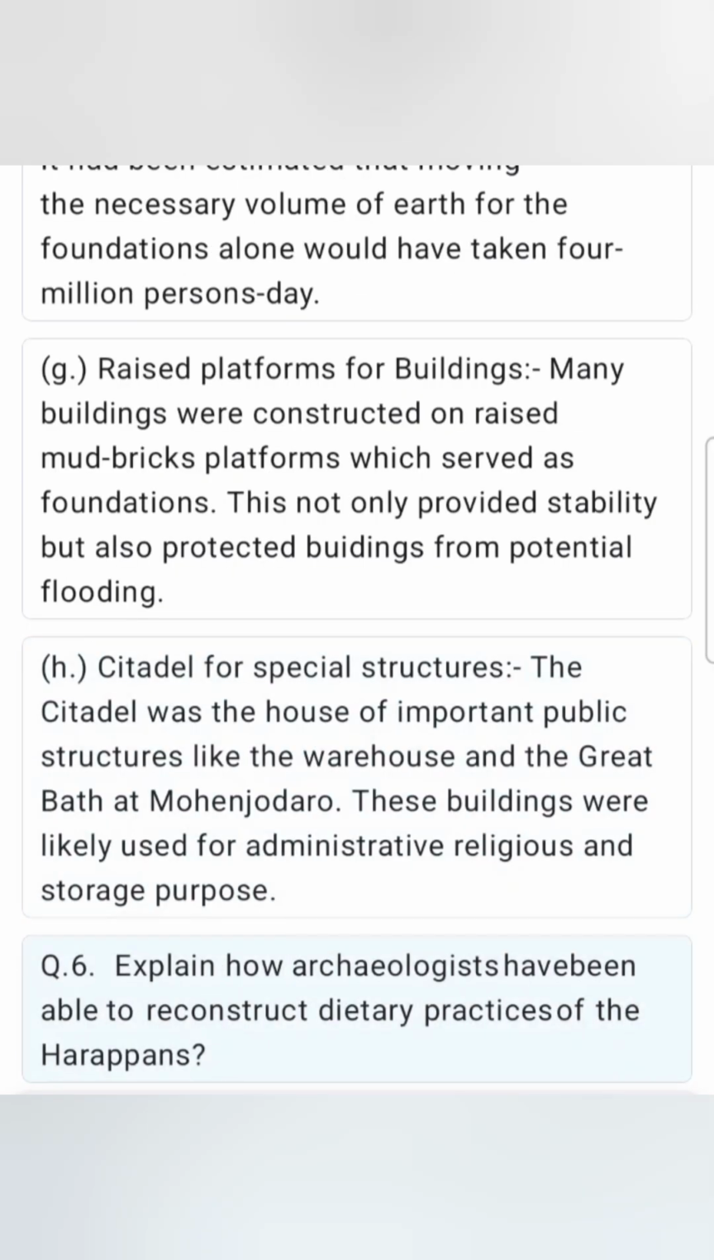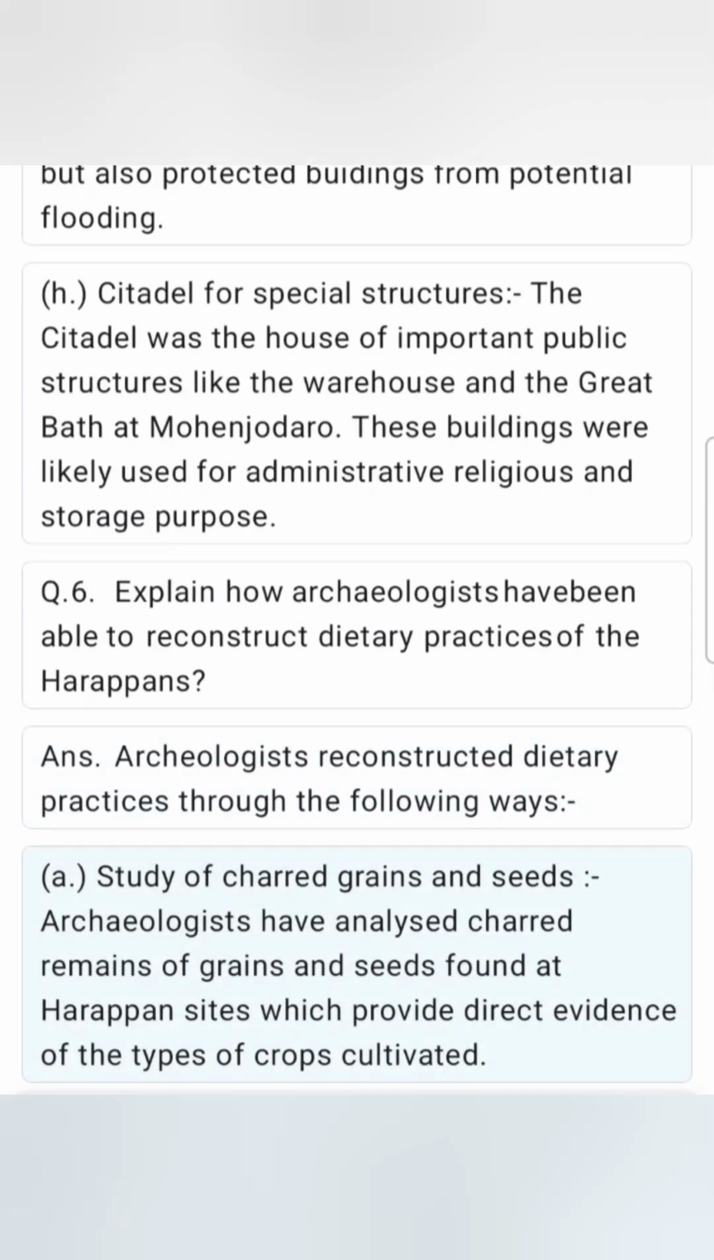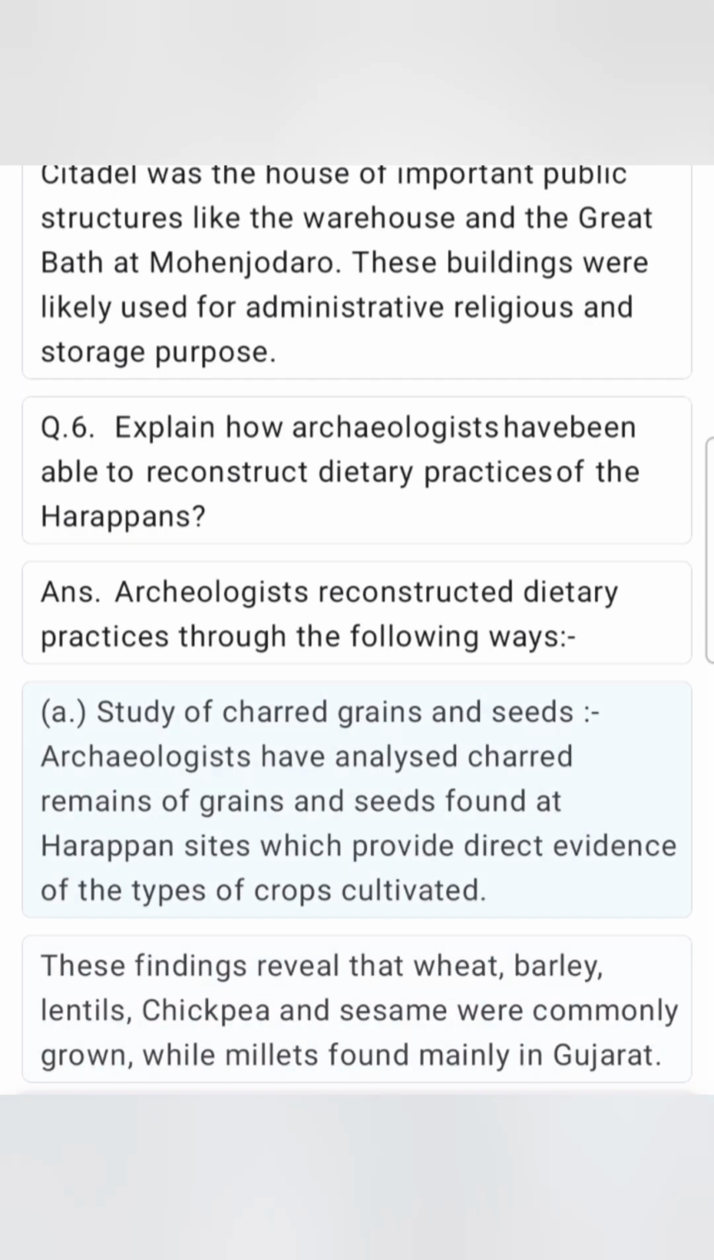Q. 6. Explain how archaeologists have been able to reconstruct dietary practices of the Harappans. Ans. Archaeologists reconstructed dietary practices through the following ways. A. Study of charred grains and seeds. Archaeologists have analyzed charred remains of grains and seeds found at Harappan sites, which provide direct evidence of the types of crops cultivated. These findings reveal that wheat, barley, lentils, chickpea and sesame were commonly grown, while millets were found mainly